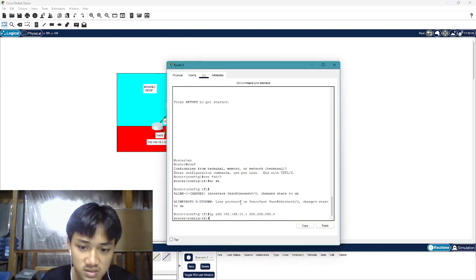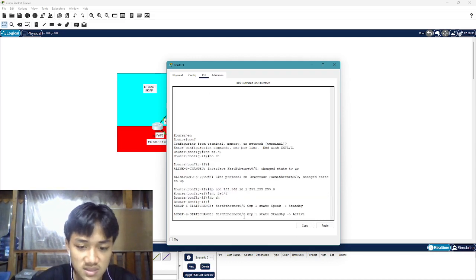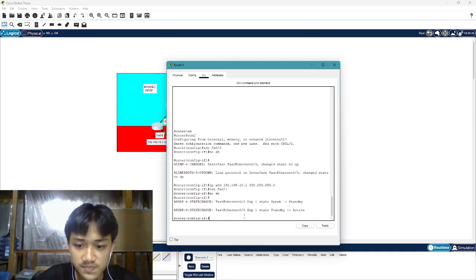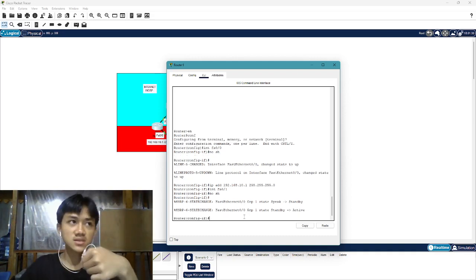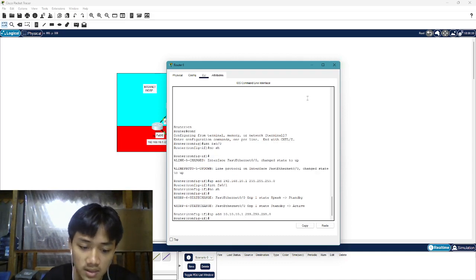Okay, and then go to another interface, no shutdown if the interface is off, and add the IP. Okay, and add the